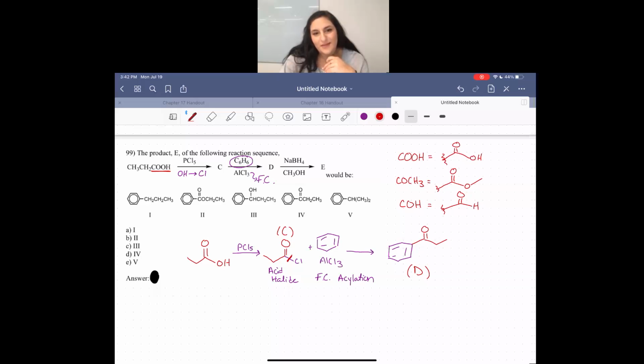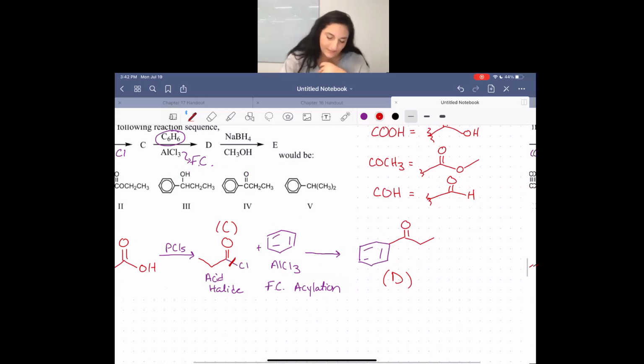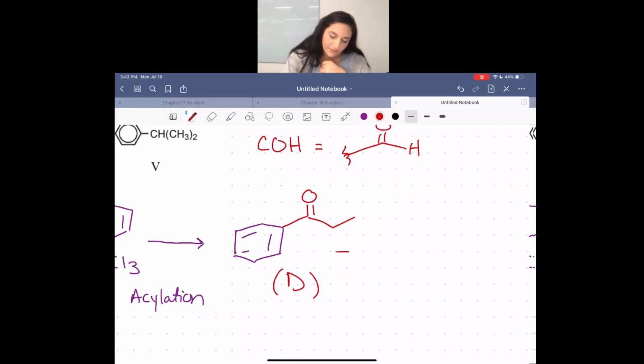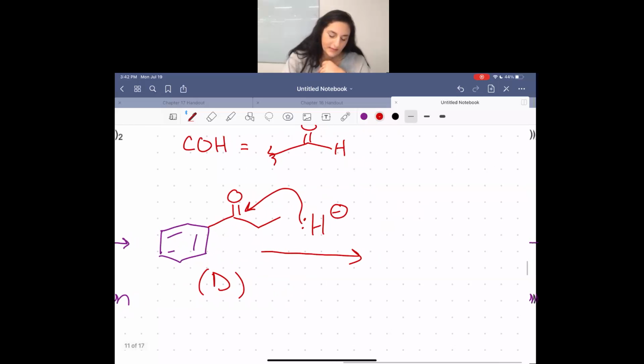Reduction. Cool. So if we go ahead and reduce this, yeah, H minus, it's gonna attack. And we get,